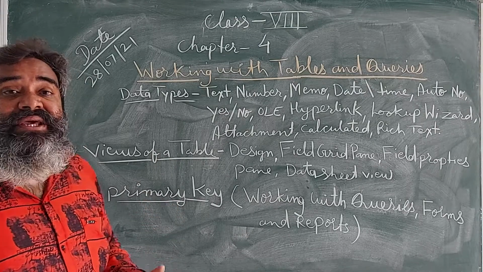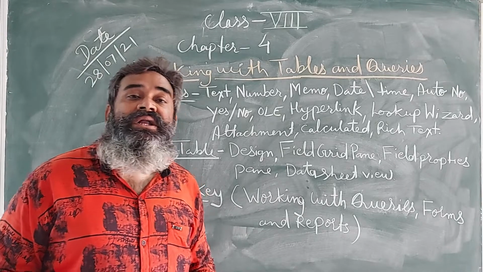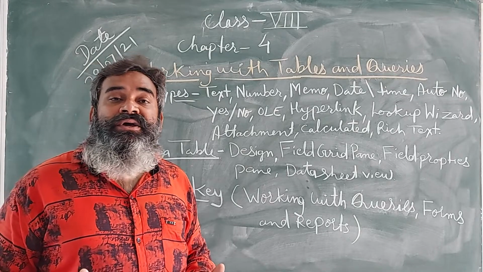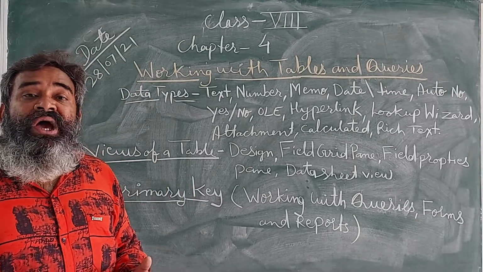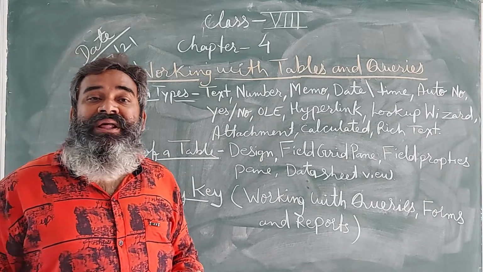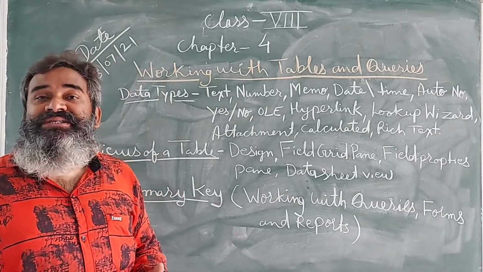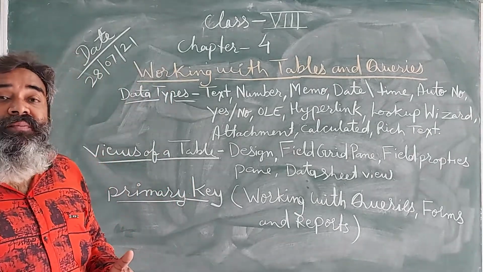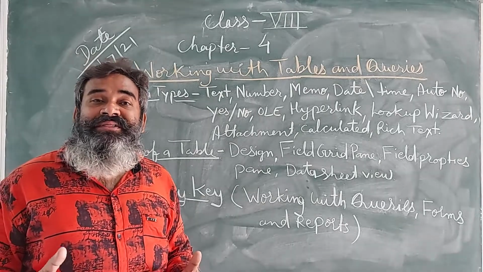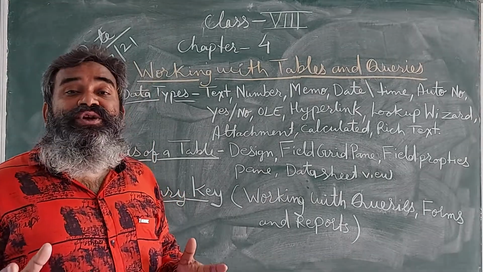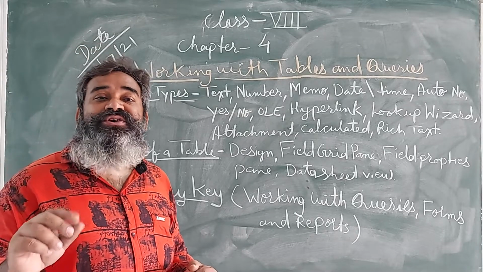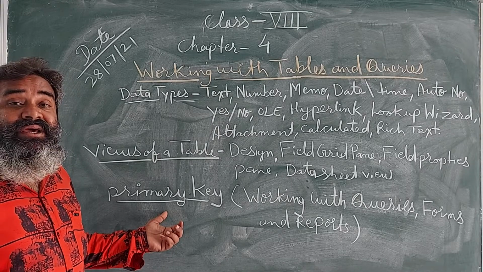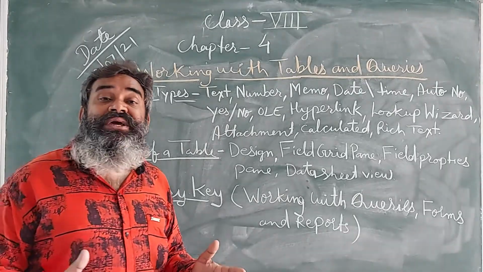Now then, what is a primary key? One of the most important parts in MS Access, a field that can't be replaced. You know that in your school, you have your own unique roll number, like 810, 817, 803, 854. This is your roll number and it can't be changed. That means your roll number is your unique identifier. You are also identified with your roll number. In an MS Access database, we have a field called the primary key. Primary key means a field that cannot be changed.